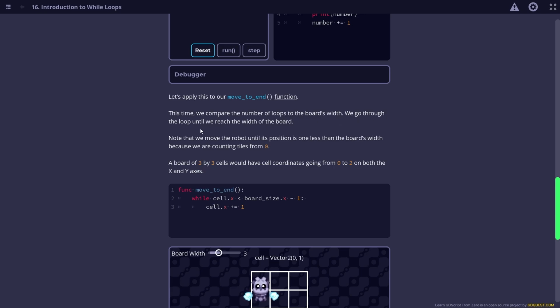We go through the loop until we reach the width of the board. True. Okay. So note that we move the robot until its position is 1 less than the board's width because we're counting tiles from 0. Also true. Yeah, we're going to have to do -1 on a lot of these. A board of 3 by 3 cells would have cell coordinates going from 0 to 2 on both the X